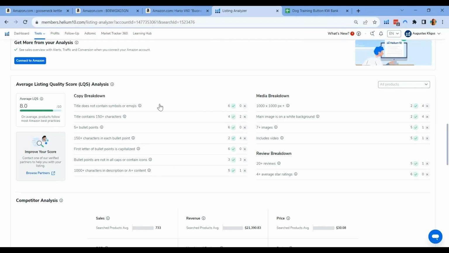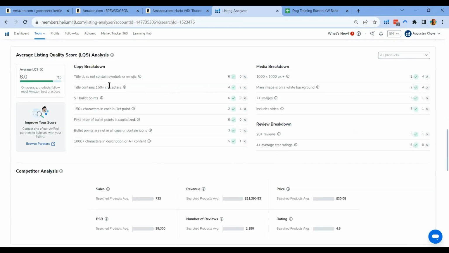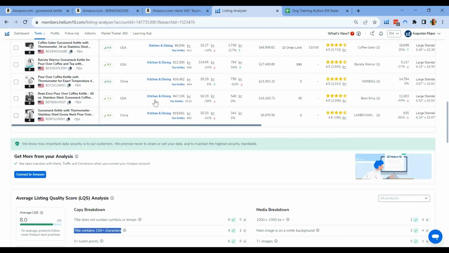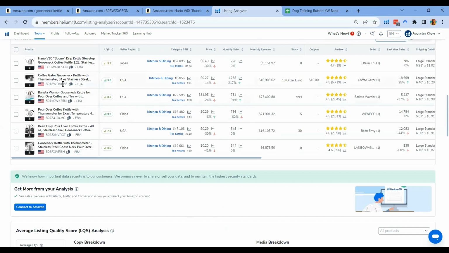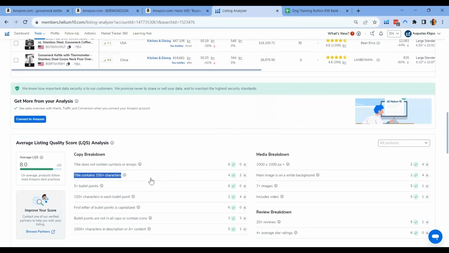So all of them are currently following the copy breakdown except for my ASIN, our main ASIN, and the other one. We are not maximizing the title. So this is very important. If you are not maximizing your most relevant and best keywords in your title, that means you're losing that very high chance of visibility and capturing that market. It's also another opportunity for you to dive into the keywords that your main competitors are using here on their title and apply that into your listing as well.